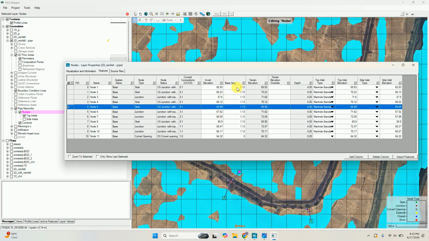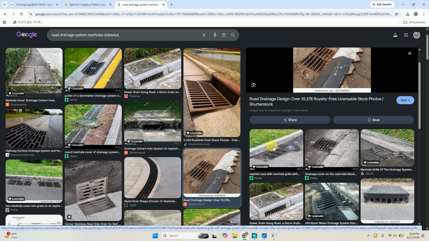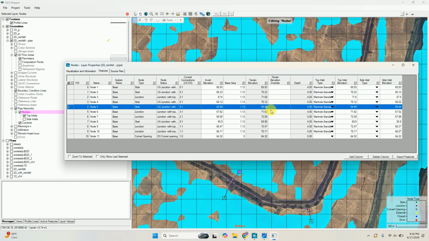Okay, and this is base area. What is base area? Base area is that location from where the water will go to these pipes, like manholes. This is the area of manholes, like this whole area, this is the area. Okay.